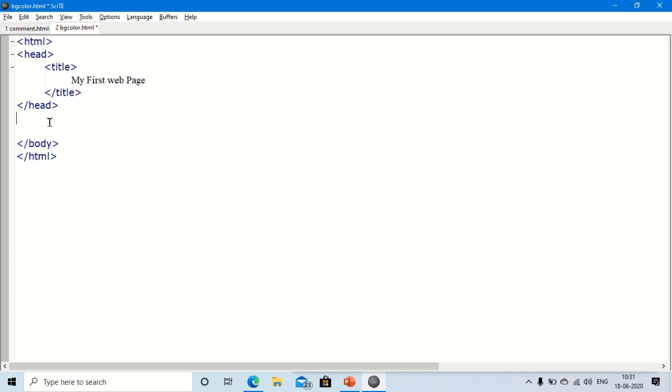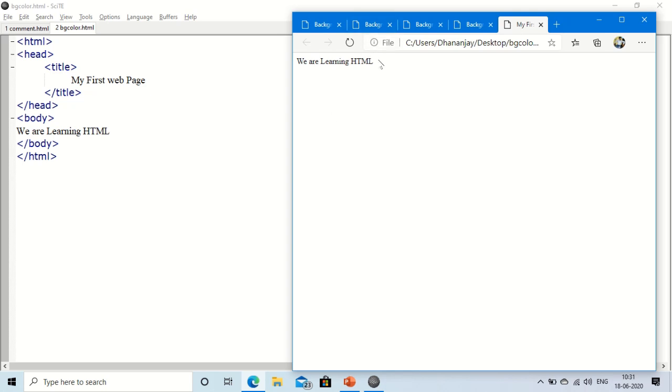In the body tag, I am going to write, we are learning HTML. Here I have not given any other color, so what will happen? It will appear in black color. You can see this is appearing in black.